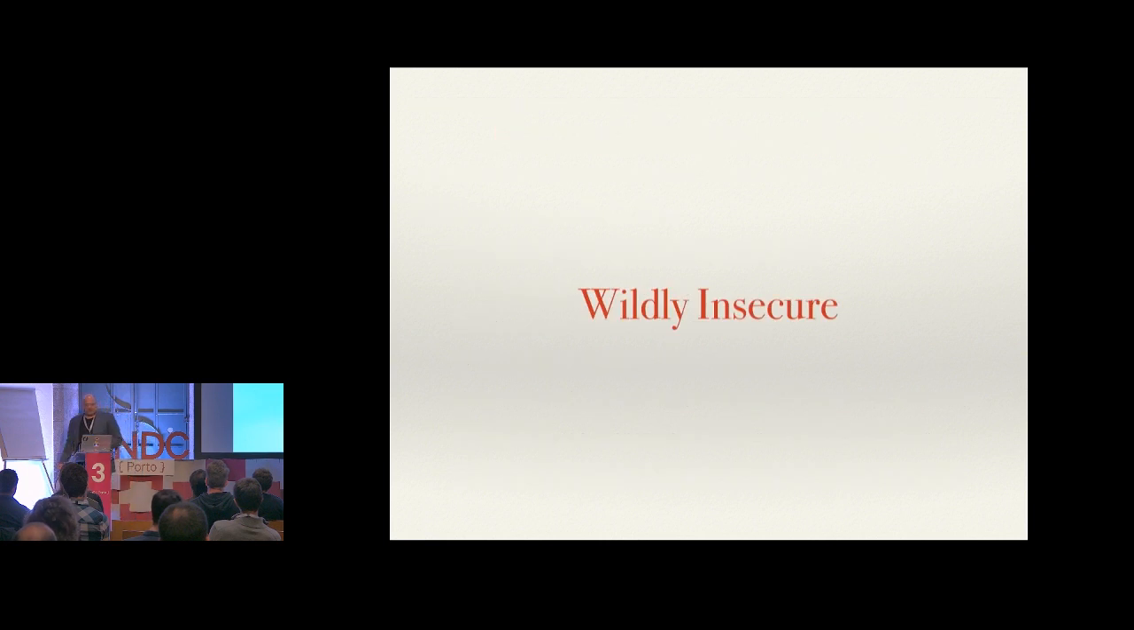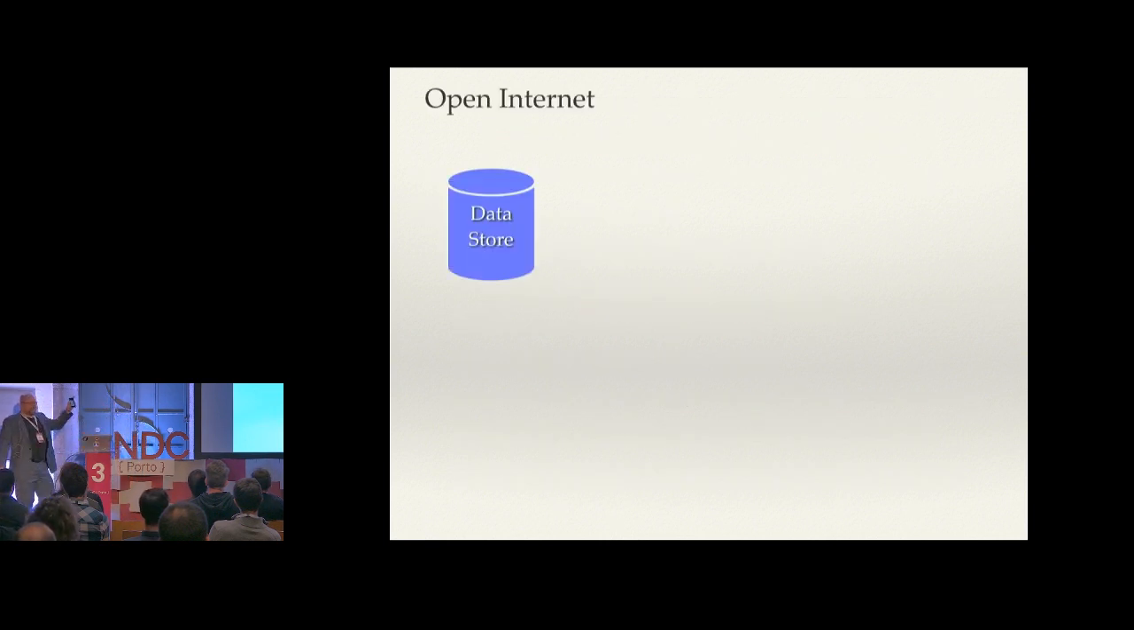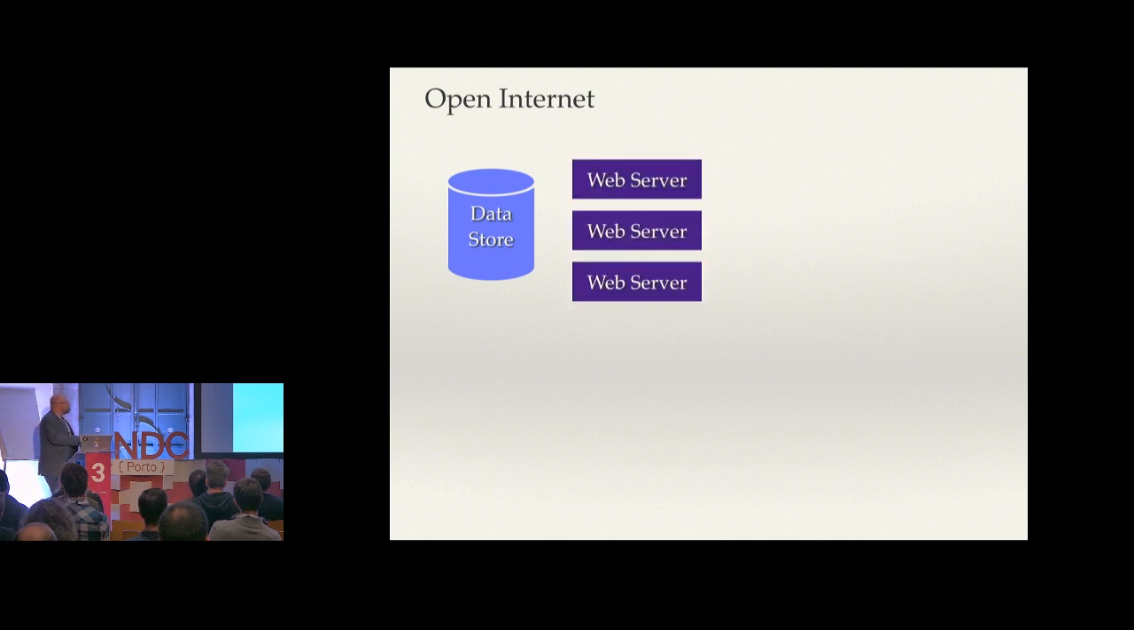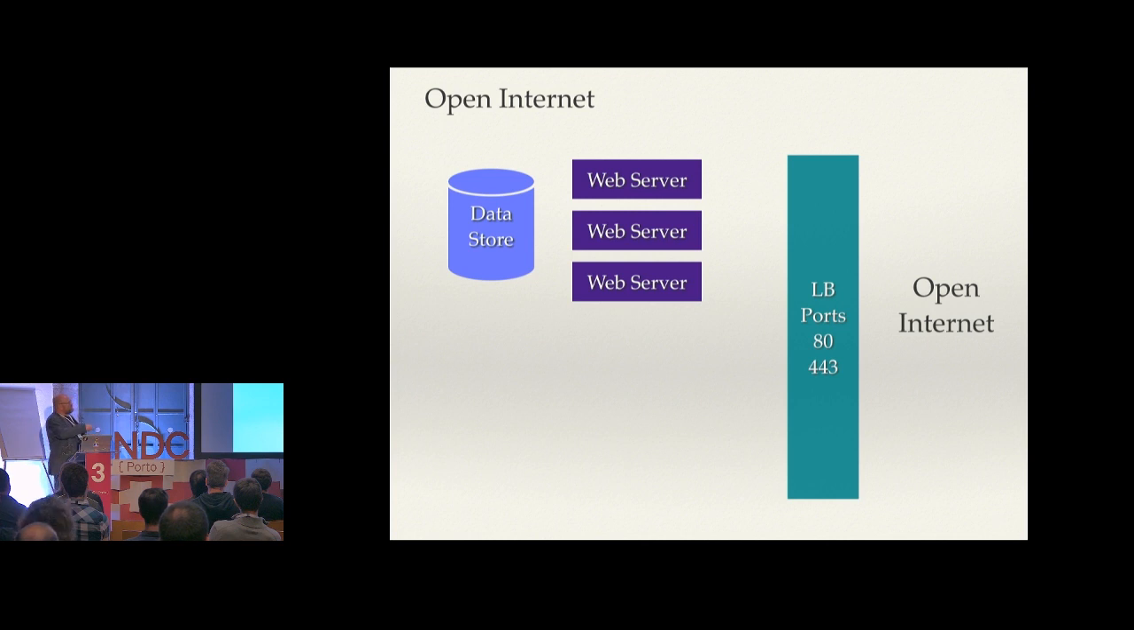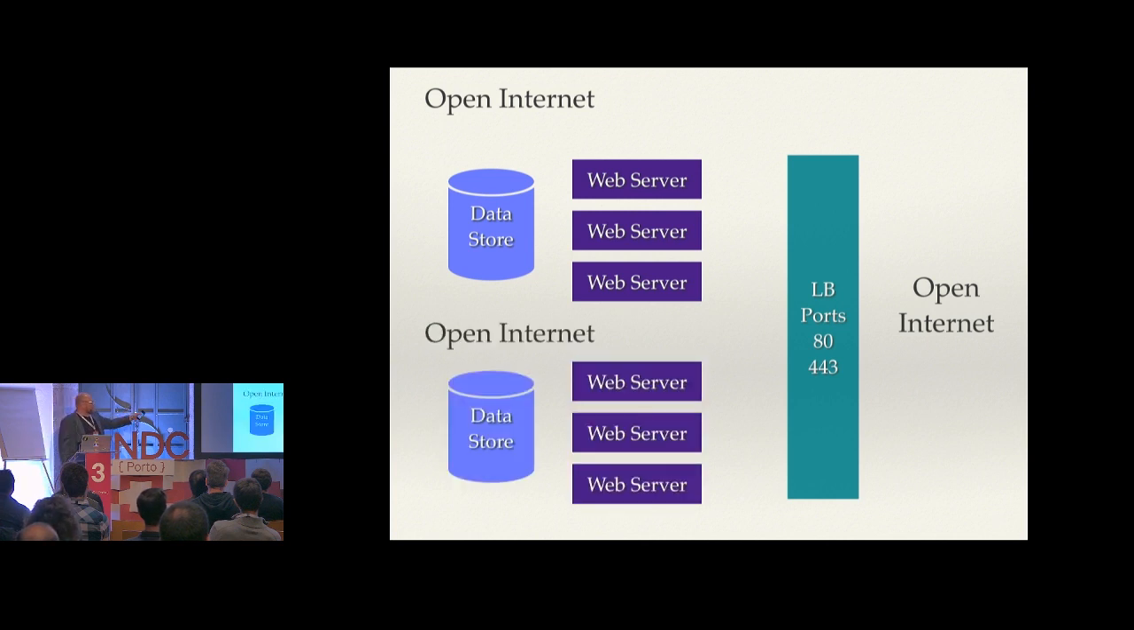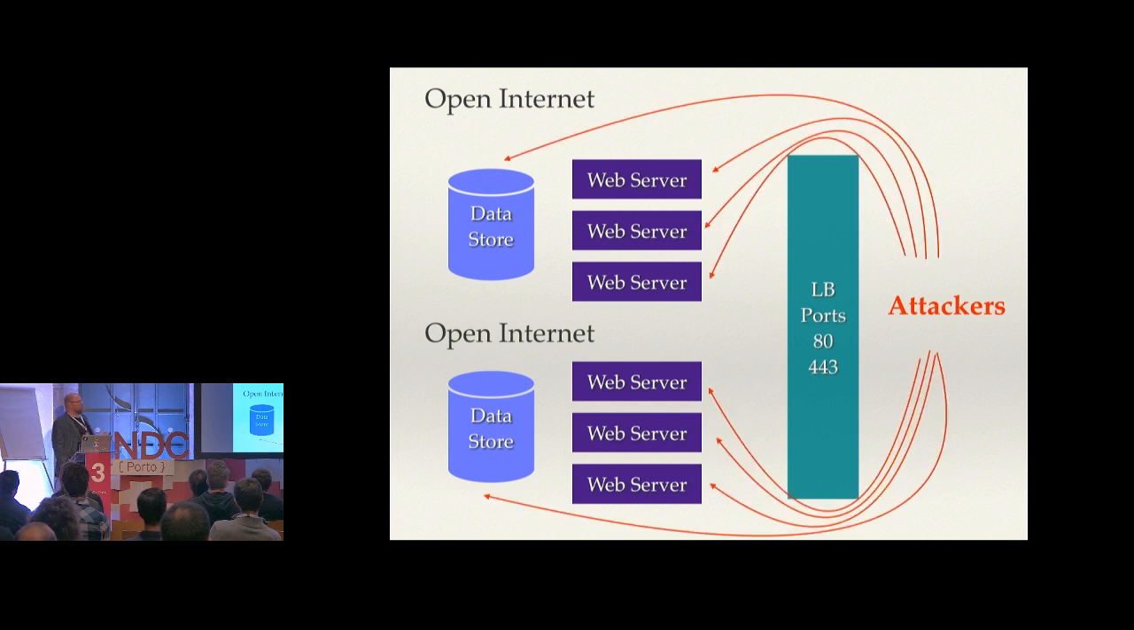Okay? So here's an example of a wildly insecure network. I have my data store on the open internet. I have a bunch of web servers on the open internet. And then I'm going to put a load balancer in front of it all. And then I'm going to do another application with the exact same setup, right? Hackers are going to look at this setup, and they're going to be like, hey, cool load balancer, I'm going to go ahead and ignore it. Boom, right? They're going to go around your load balancer,